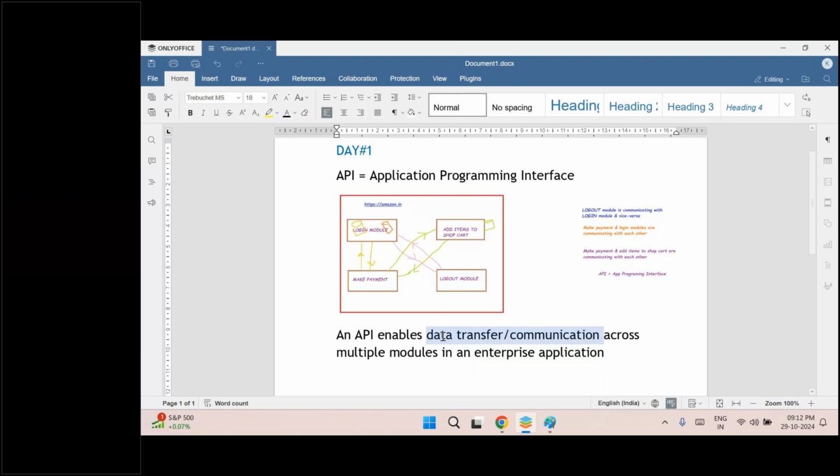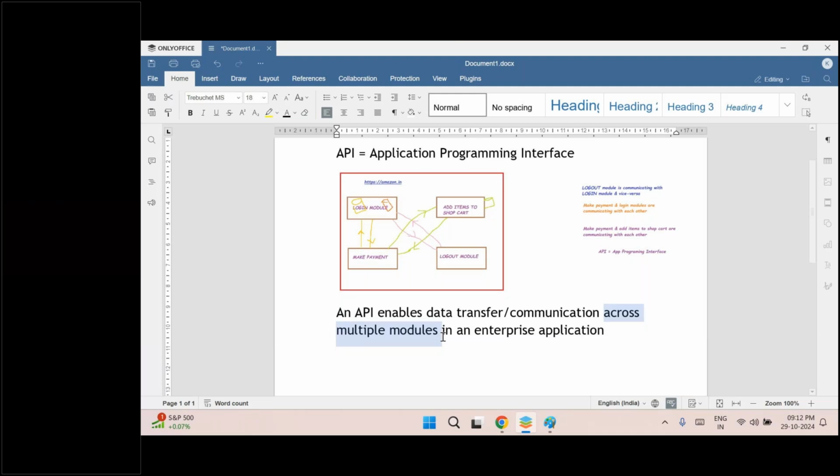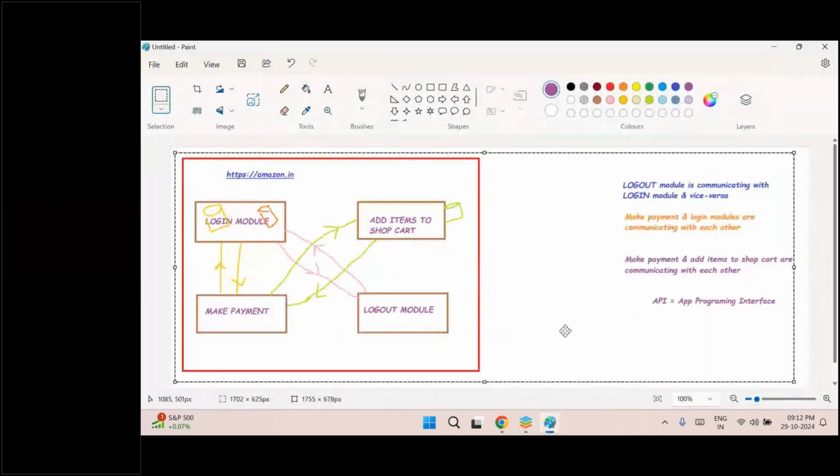Who is transferring the data? Some modules, which means I have written across multiple modules. So when multiple modules are exchanging data, they need a technology to support it. That technology is nothing but API technology today. And APIs have been in existence for at least the last 20 years. It is not something that has come yesterday or the day before yesterday. From the last 20 years, we have had this API technology. Okay. This is a standard definition that you get even if you search in Google or if you read any books. Okay. Another way to define an API is, if I look at this diagram, but before I continue,